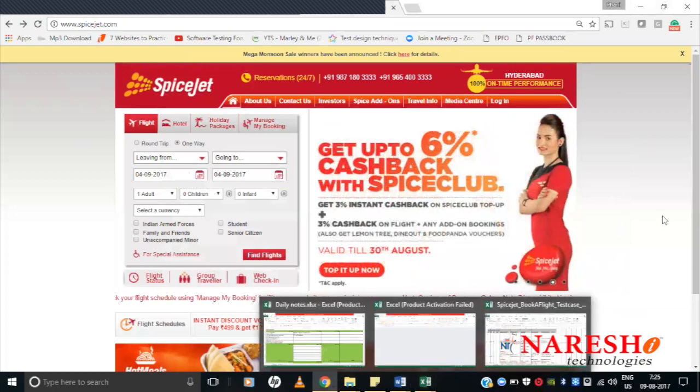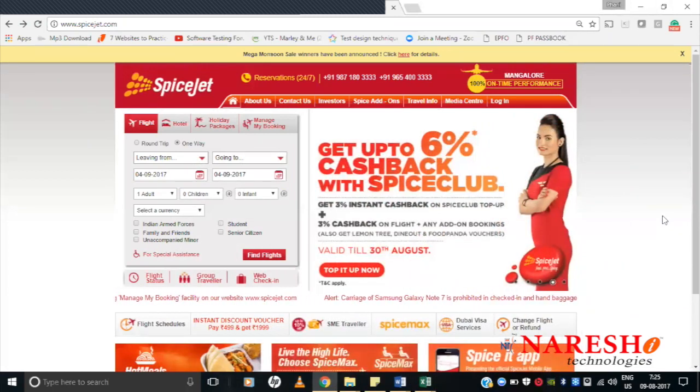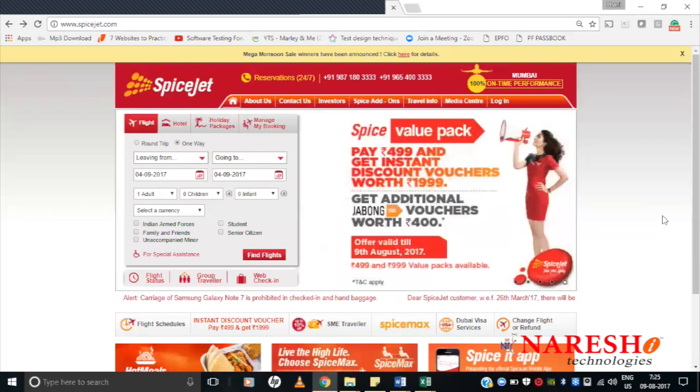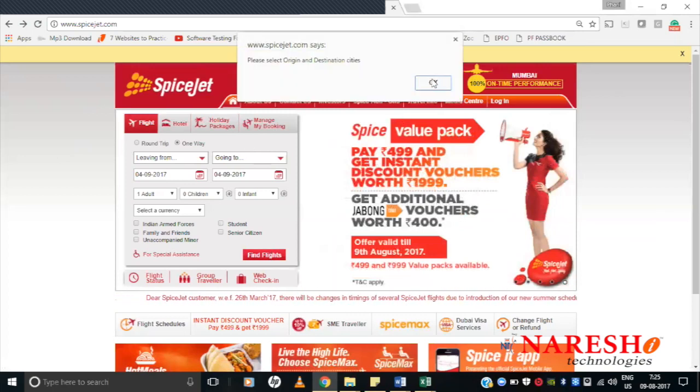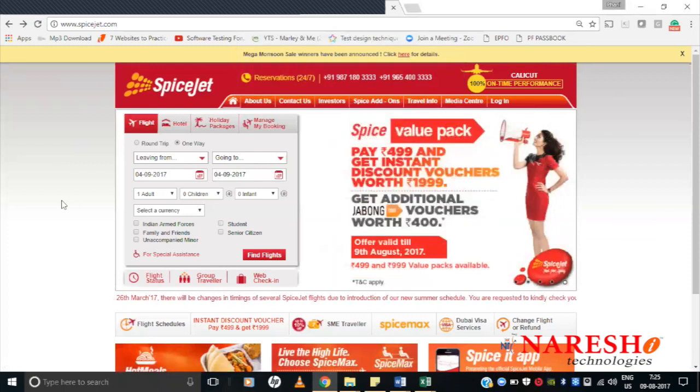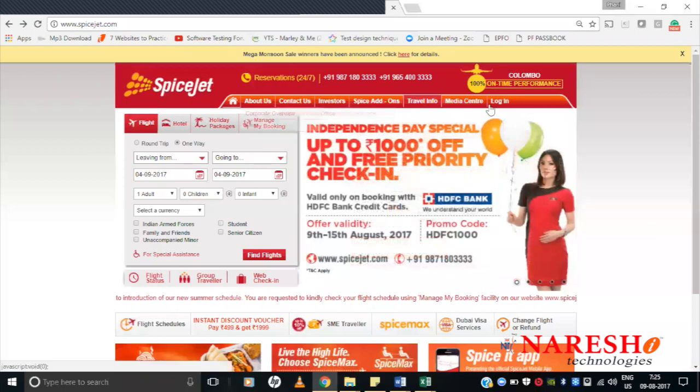And then, before you start testing, you will not straight away test something without documentation. Let us say I have performed my testing on this one-way scenario, I clicked on this find flights button, and it is giving some pop-up, or it is successfully going to the next page, whatever it is. I would say the application is working fine. I will perform all the scenarios, try each and every option present on this web page, and I'll say the application is working fine.